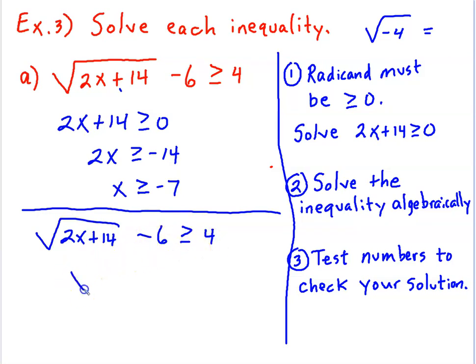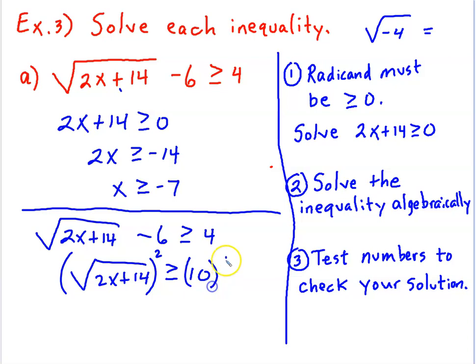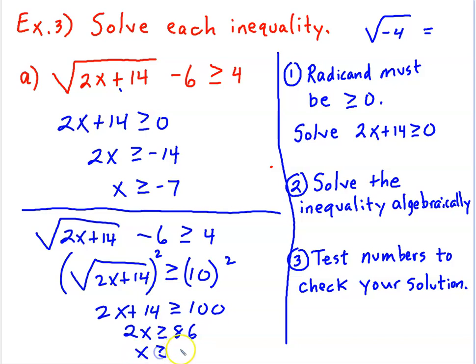So I'm going to add 6 to both sides. I'm going to do both sides to the second power. And now I'm going to solve for x. Subtract 14, divide by 2. Okay, so my overall solution says that it's any number greater than or equal to 43, but